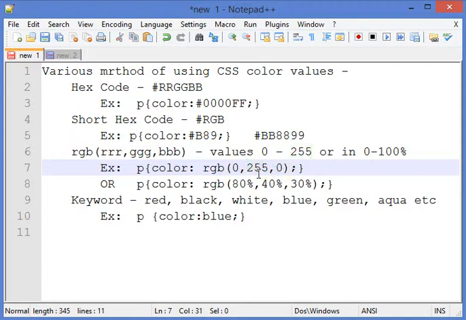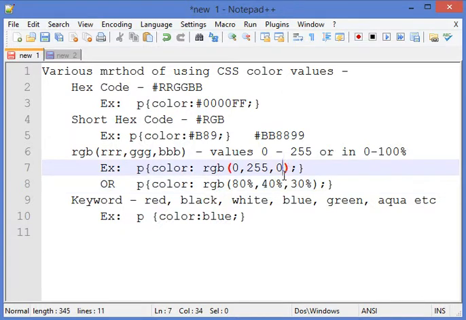But if I want to set my text color to be a mixture of 80% red, 40% green, 30% blue, the browser will interpret properly what color will come after mixing this ratio of the 3 colors red, green, blue, and that color will be displayed to you.